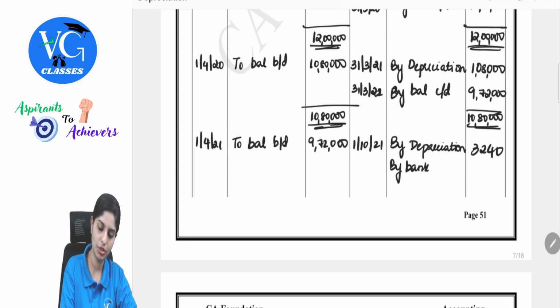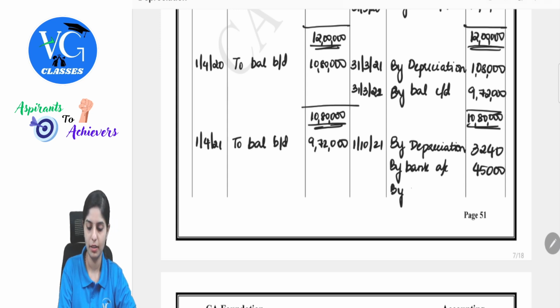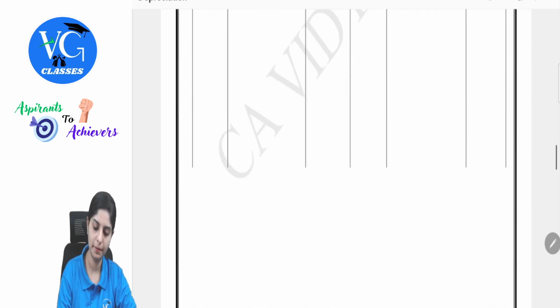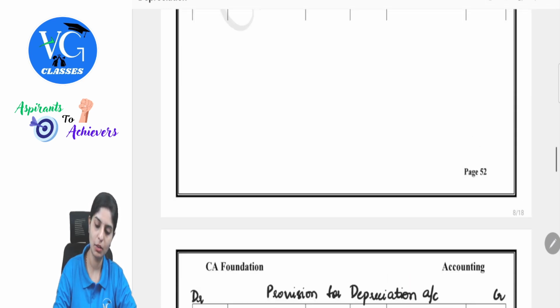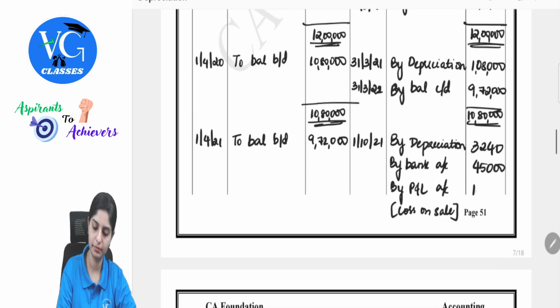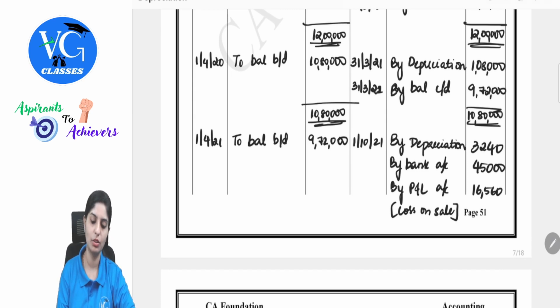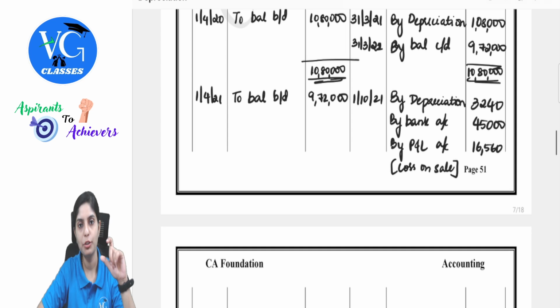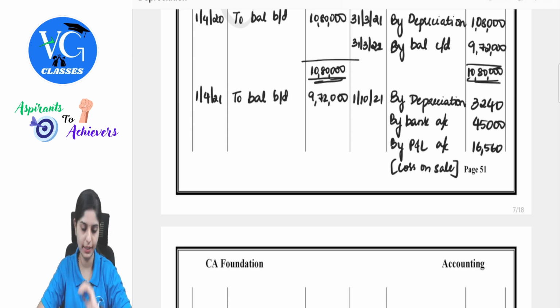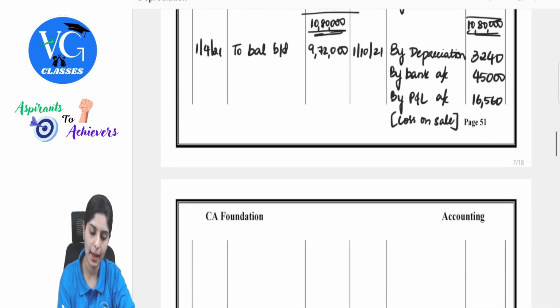You're getting how much? 45,000. And then profit and loss, because there is loss on sale, that is 16,560. Done? Yes. So this was with respect to the part of the asset which was representing 80,000. Now still there is a remaining part on which normal depreciation needs to be calculated. Yes or no? So that will happen on